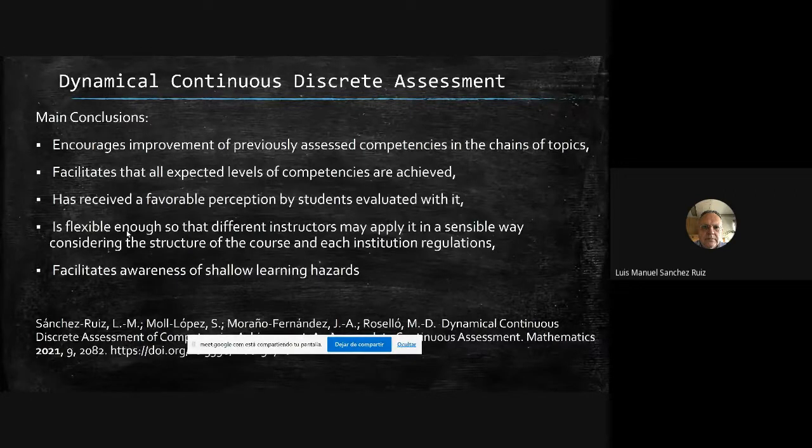It's important that at the end you are well trained. It's not important that you start very well and then you start doing worse at the end. Well, then your grade is what it is. Period. You have not improved. So this is a system that really encourages people to keep working, and facilitates the awareness of shallow learning hazards,